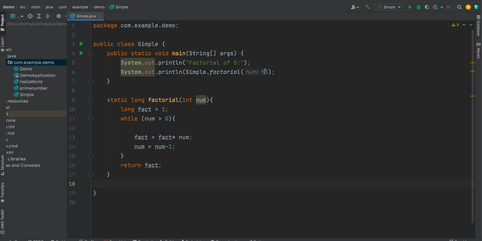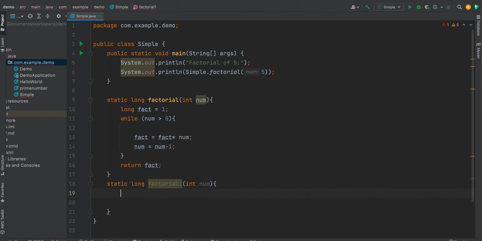Similarly, if you can break this value into sub problems, let's say we want to calculate 5, so if we can divide it like 4, 3, 2, 1 and so on, in that case the main problem can be divided into sub problems, and if we solve the sub problems, the main problem will be solved automatically. How is it? Let's write the same method here and give it a different name.